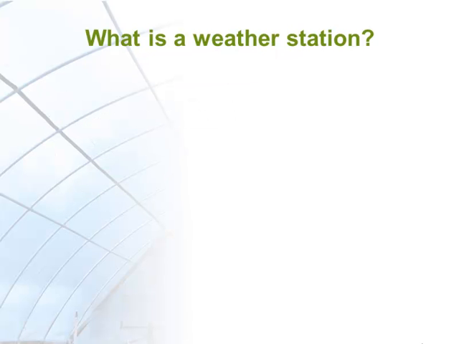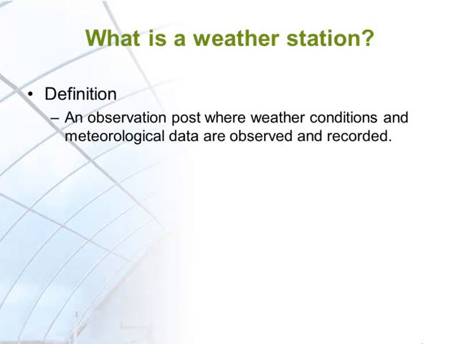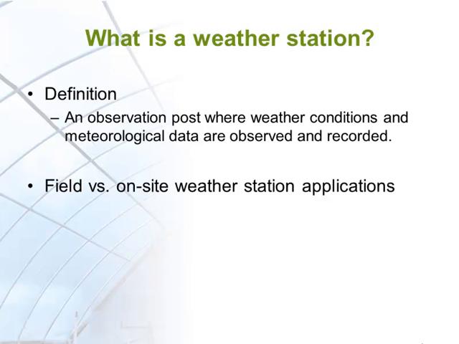What is a weather station? Weather station is an observation post where weather conditions and the meteorological data are observed and recorded. Most people have a better appreciation of agricultural weather station from radio, television, internet, or other news resources. This type of information on temperature, rainfall, sky conditions are mostly based on field weather station data for macroclimate of